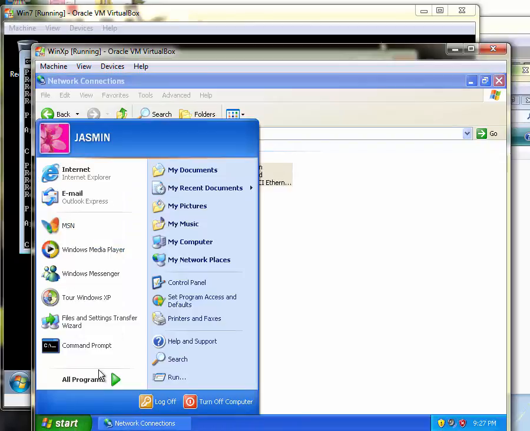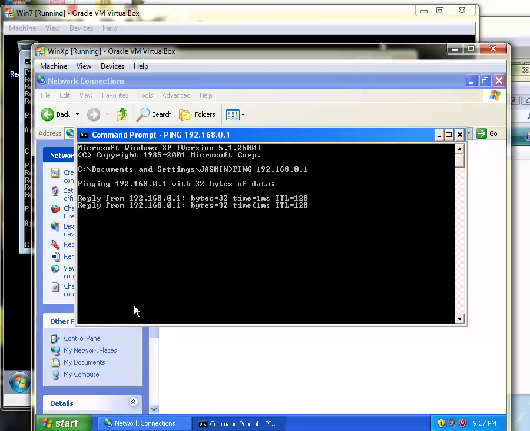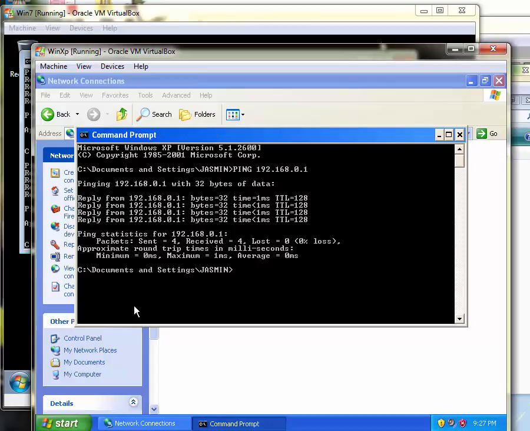And then I'm going to try to ping my Server 2008, my Windows Vista, as well as my Windows 7. So I'm going to ping my server now, 192.168.0.1. And there you can see that it's working. So I'm gonna ping my Windows Vista, 192.168.0.2,